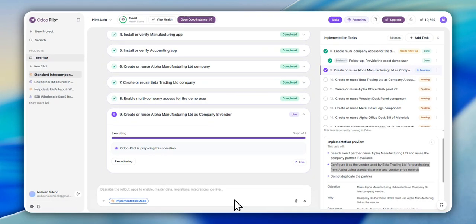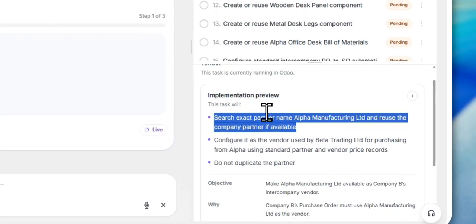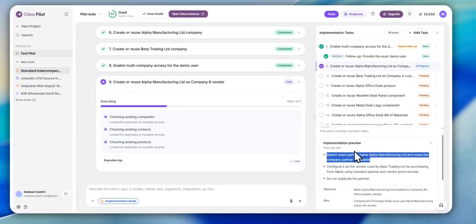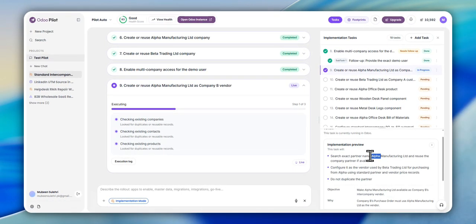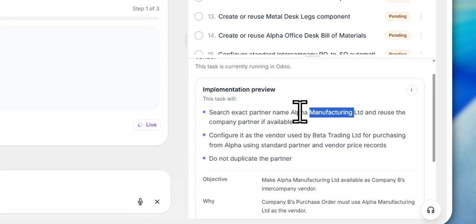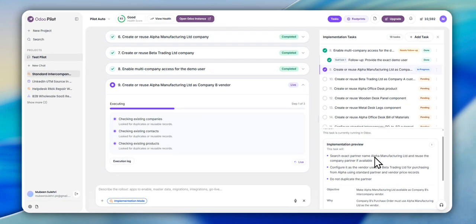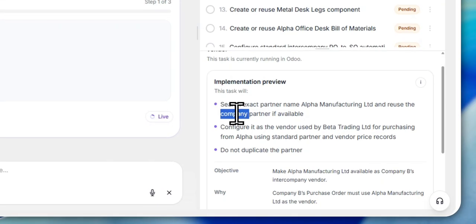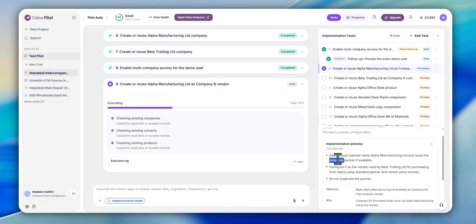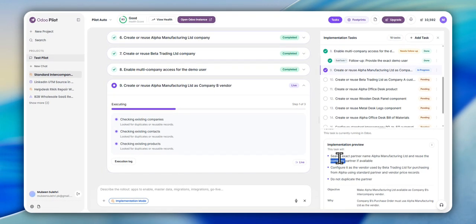So in this task, basically Udo Pilot will create a customer. The customer will be created by Udo Pilot, named Alpha Company Manufacturing, and attached with our company, for the purpose of purchase order and sales order between both companies.